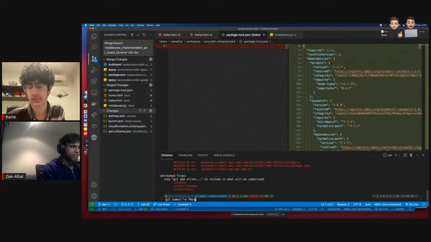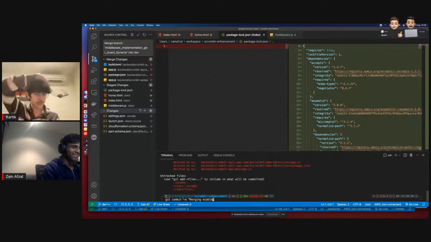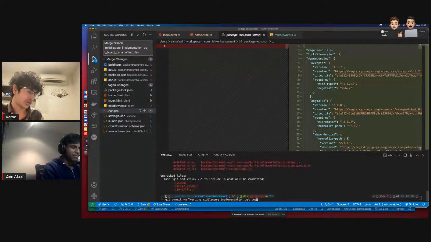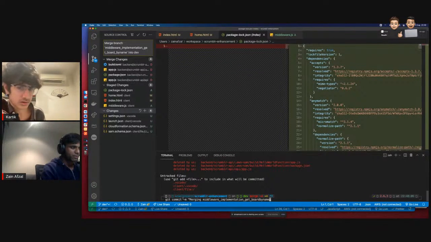Oh, the branch name is too long. I learned my lesson. To be honest, I'm not gonna do this ever again in my life. Oh boy. You can write the board fix in GitHub, but it's fine, just do this for now. Between board and name, there is an underscore. Okay, here we go.